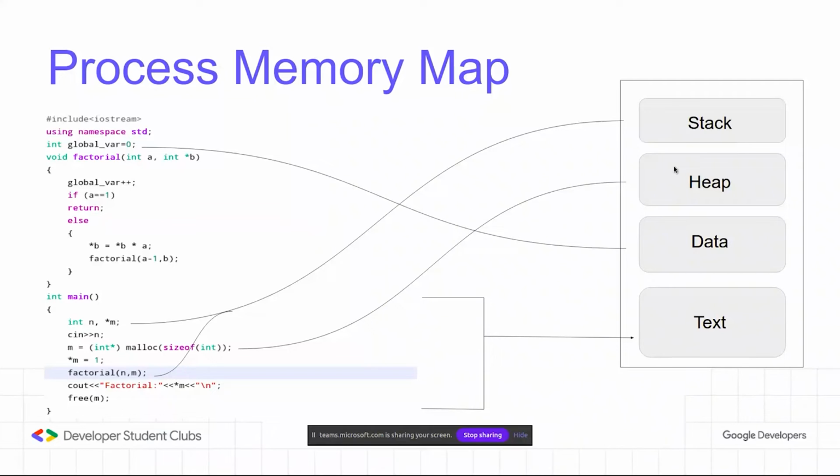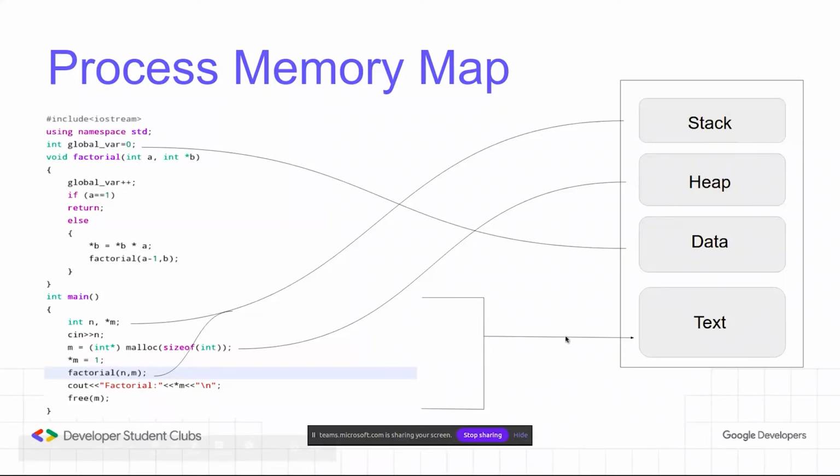And now let's go on to the heap section. As I said, dynamically allotted variables will be categorized into the heap section, so the variable m will be stored in this section. And as said, the data section will store the global variables and static variables. So here we have the global vars equal to 0. It's global, so it can be accessed from any of these blocks. And the text section is where we have the normal instructions such as cout.